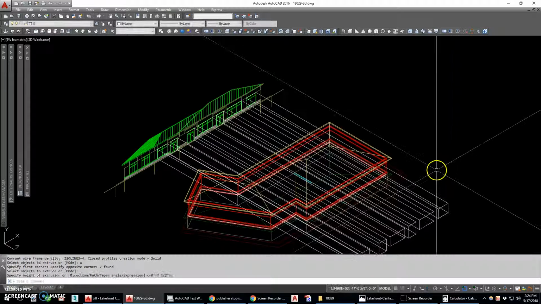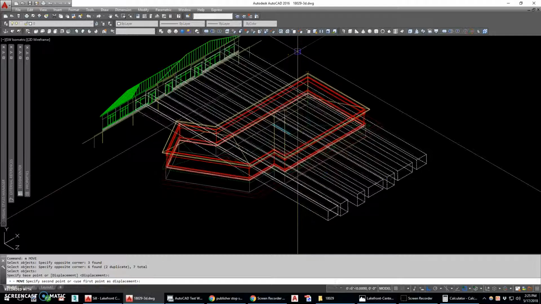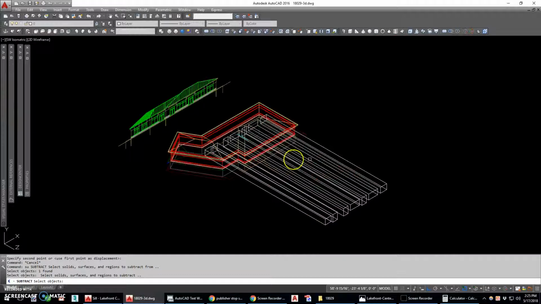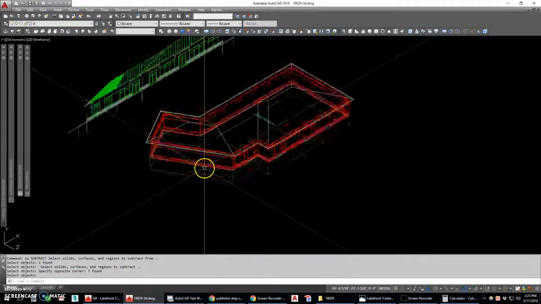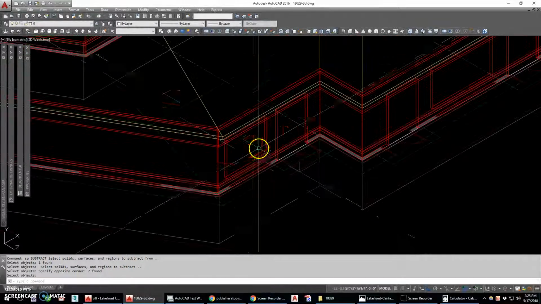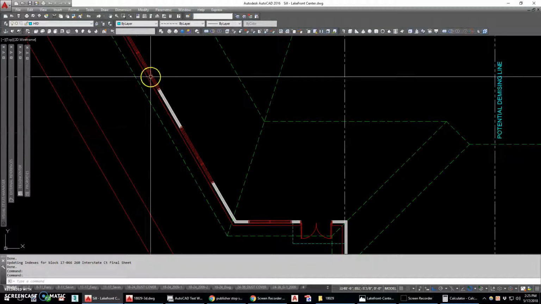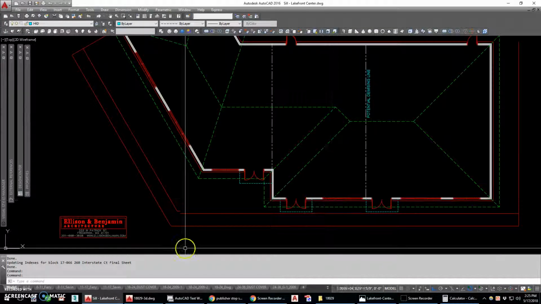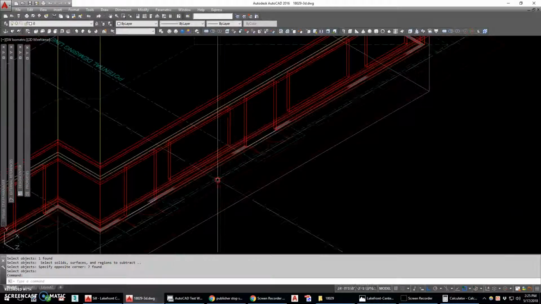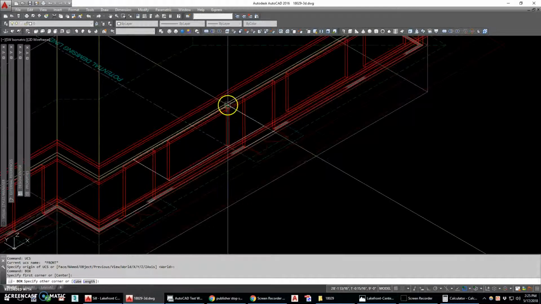I can extrude all those things. Now I want to actually move them so they don't go all the way through the building before I subtract them from the wall. And there's my window and door openings. Now there were window and door openings on this side as well. If I look at the plan here, you can see there's two triple windows, which is the same as this window. So rather than try to create an elevation of that side of the building, what I'll simply do is draw a box inside one of these triple windows